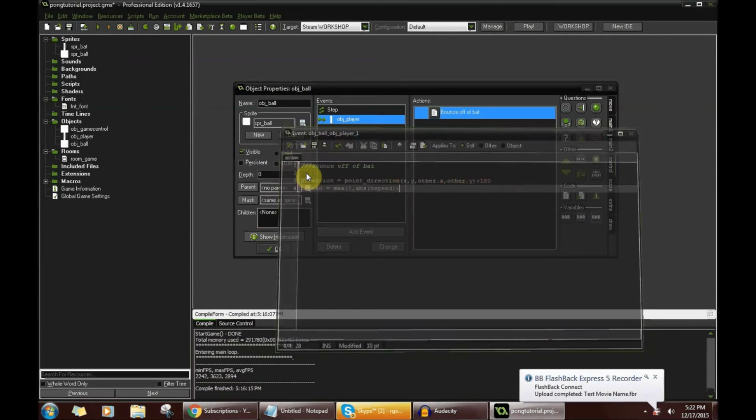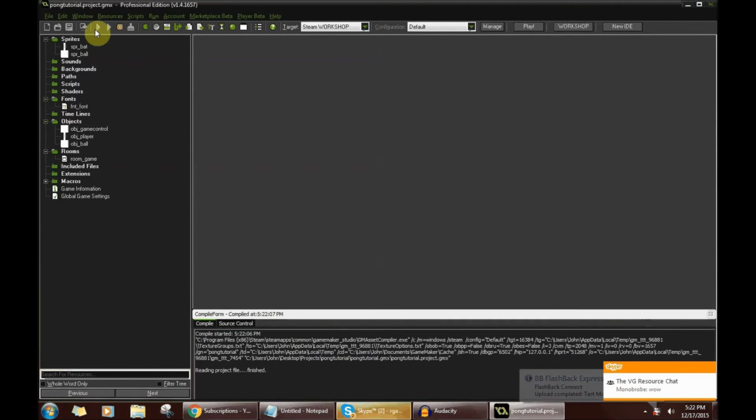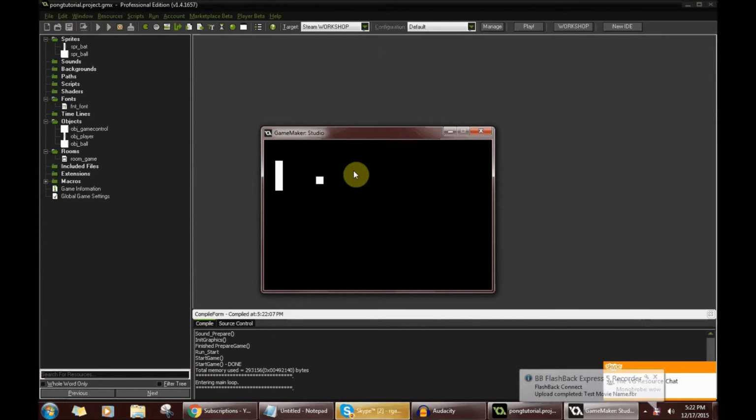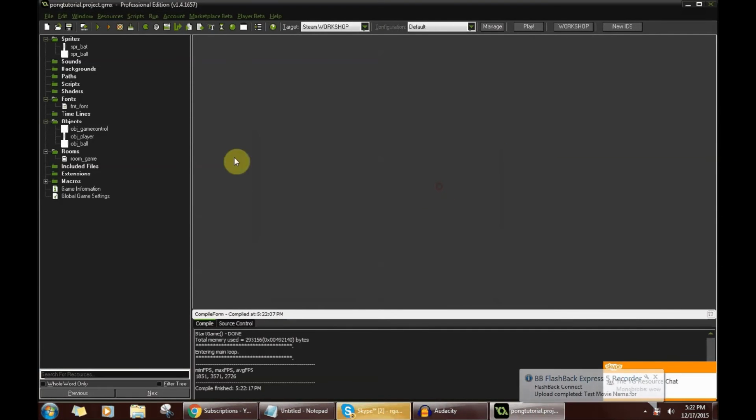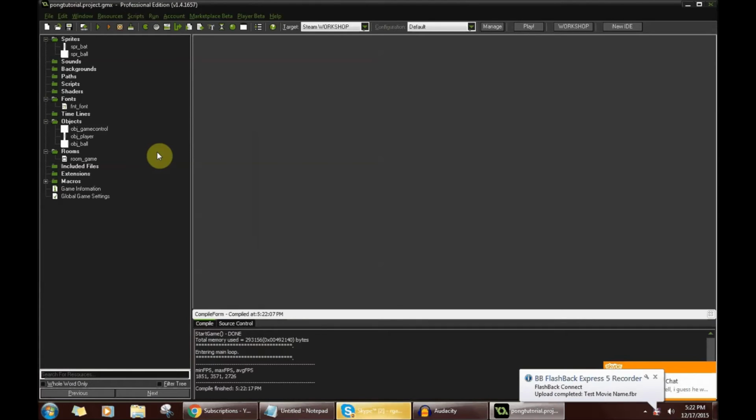So let's see how that works. Amazing. It's working great so far. We're still missing a couple things. The ball is mostly programmed. The player is completely programmed. We now have one more component to add, and then we can make all the components work together the way that they're supposed to. So the final component